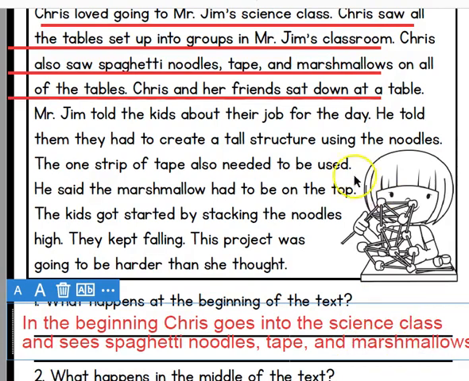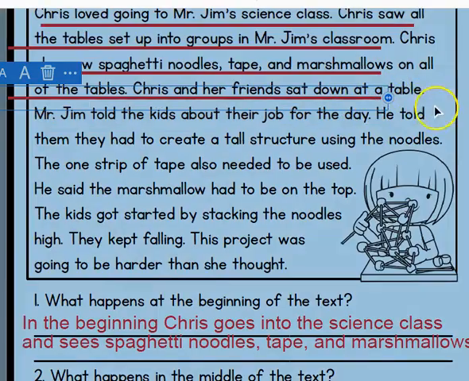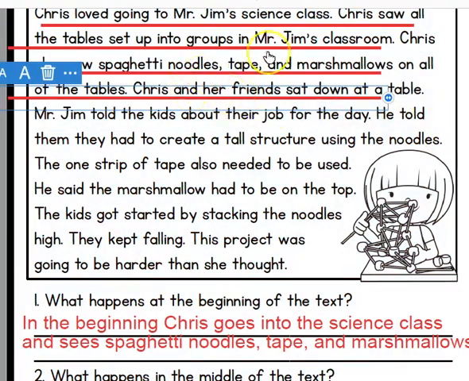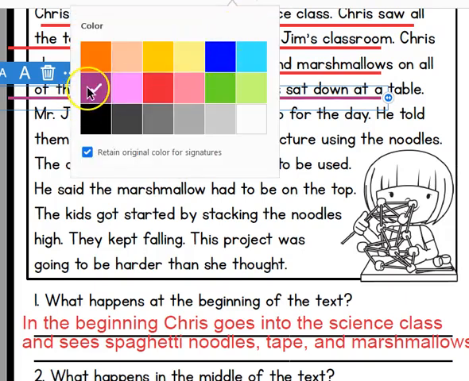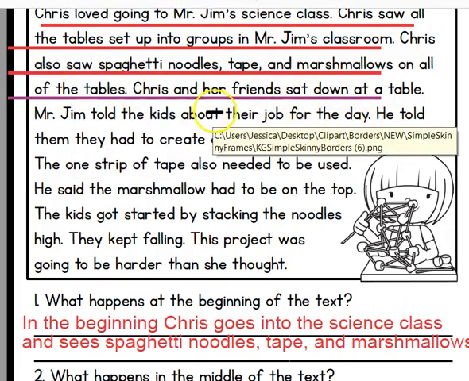And that might even be really in the middle now that I think about it, because now it's kind of like they're starting on their project. I thought I could move that back. Doesn't want to move back, does it? Sometimes it wants to work for me and sometimes it does not. All right, so we're going to do the middle part a different color anyway. We'll do it purple.